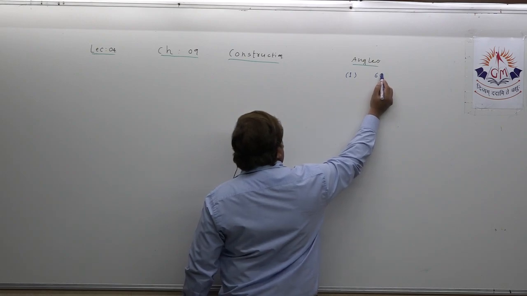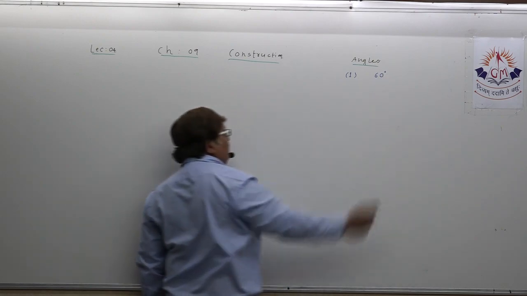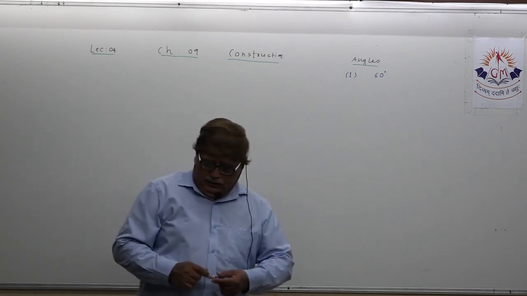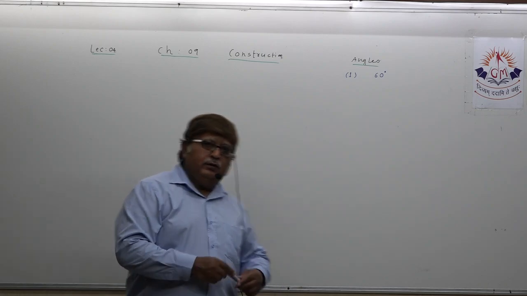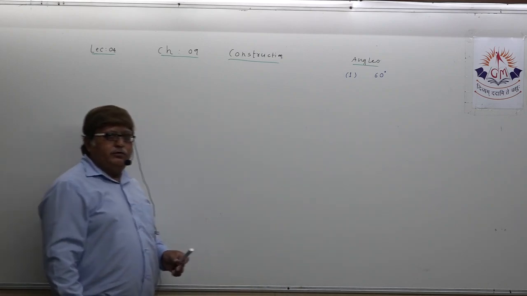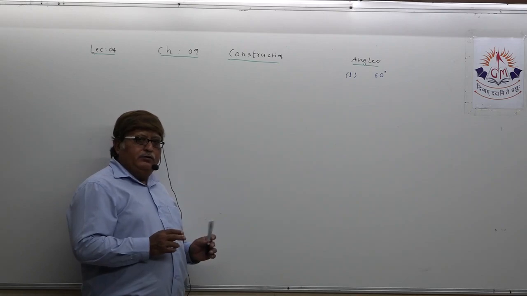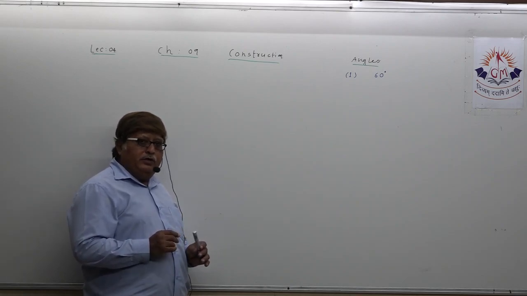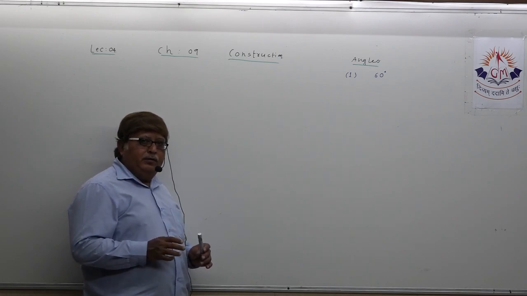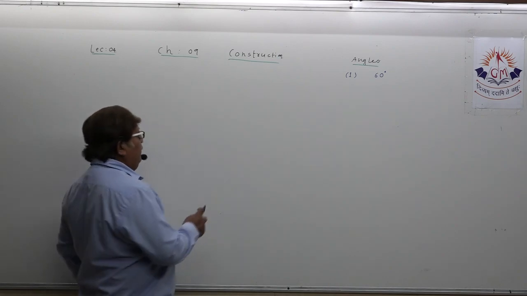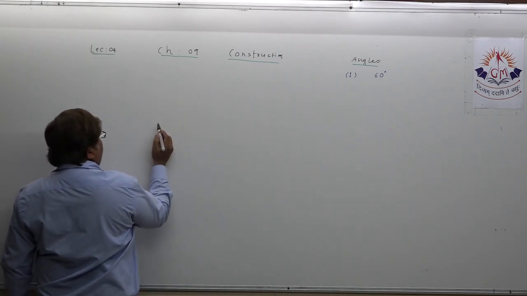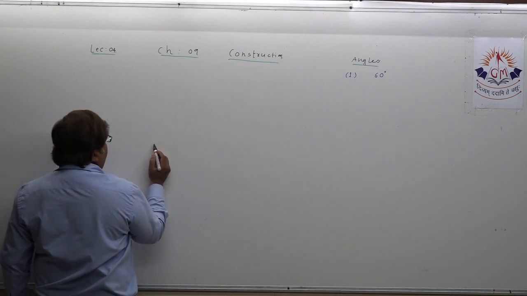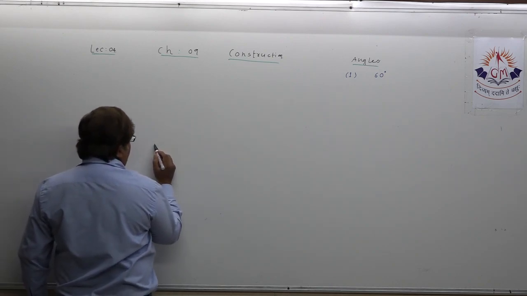angle. Suppose first let us try to understand how to construct an angle of 60 degree. Understand how to construct the angle of 60 degree with the help of ruler and pair of compass. The very first thing, how we are constructing the angle of 60 degree. The first, just draw